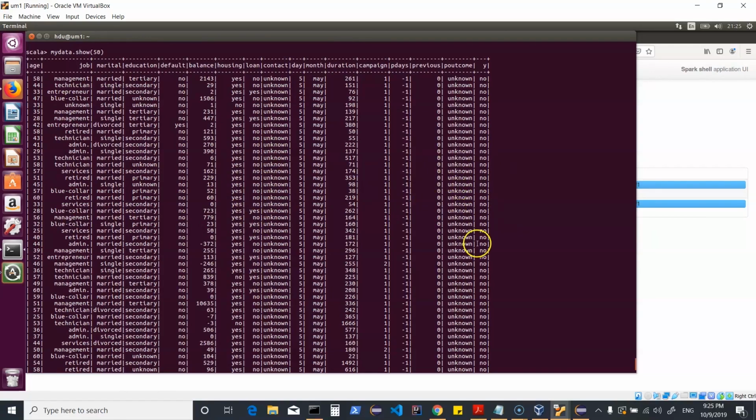Now all these sample files are existing in my GitHub link, and I'll share that link towards the end of the session. You can always use these files, or you can use some of your own files.